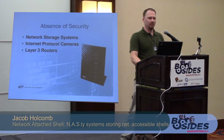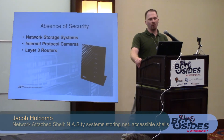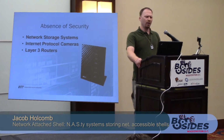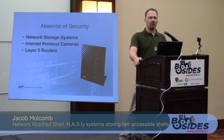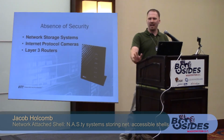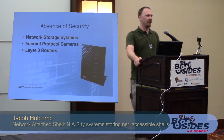These systems really don't have much in the way of security as they come out of the box. This is not just network attached storage systems. Layer 3 routers, the SOHO, small office, home office router project has already shown routers. We've got IP cameras that are beginning to show up. Thermostats, the NASty, various other companies are manufacturing devices